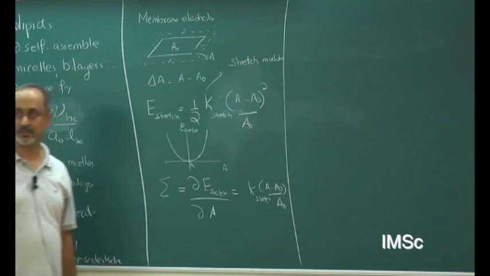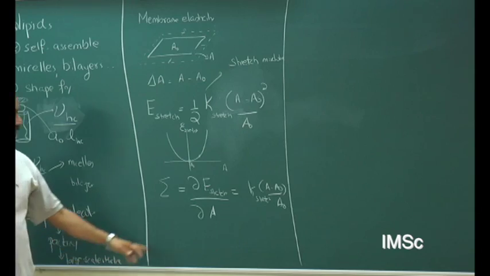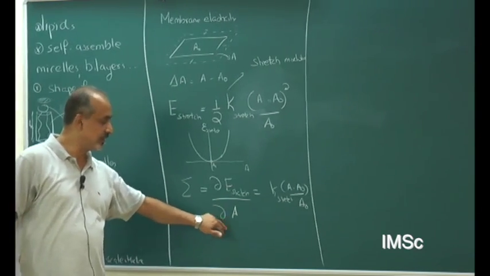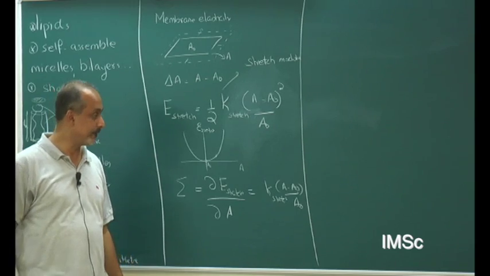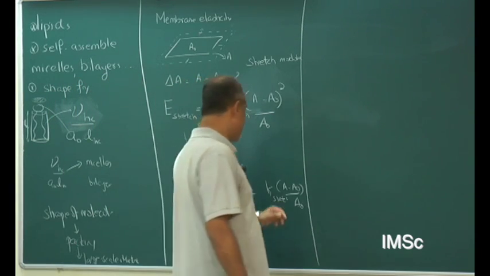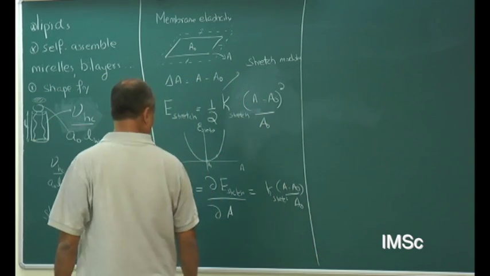It's just a derivative of this with respect to A. I can either take the derivative with respect to A, or with respect to A minus A naught. These are the same thing, because A naught is a constant. So this is K stretch times A minus A naught by A naught,